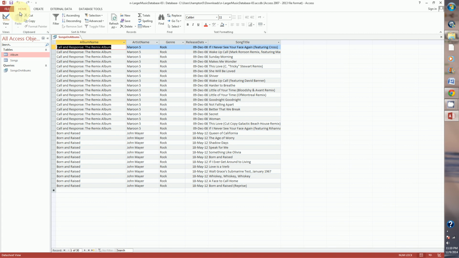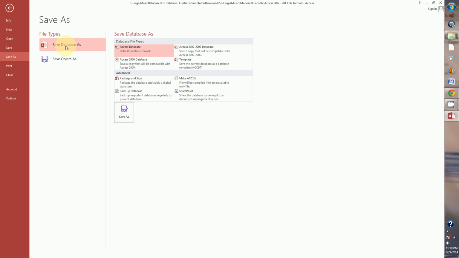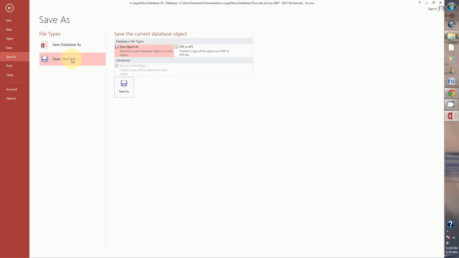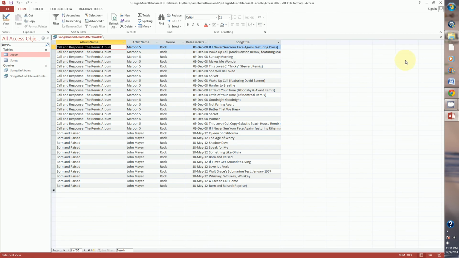So now I'm going to go ahead, and step number 9, it says to save a copy. So I'm going to click the File tab. I'm going to go down to Save As, but now instead of saving the database, I'm going to save the object as. And then I'm going to click Save As, and I'm going to rename it. I'm going to rename it to be Songs on Rock Albums After 2000, no spaces. And then click OK. Now I can close this,